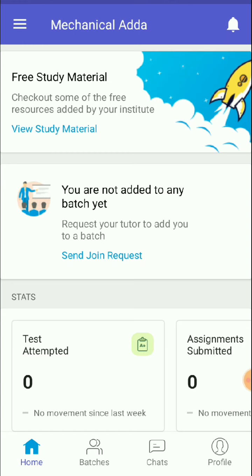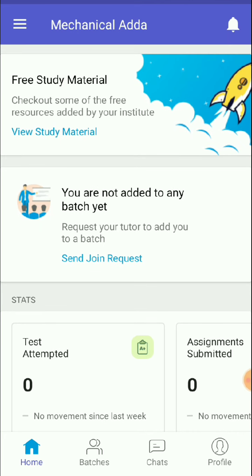So first I will start with the batch, how you can join the batch. Here you can see above it is free study material and below this is send join request. यानी कि अगर आप कोई भी बैच में ज्वाइन नहीं हो, if you are not added to any batch yet, then it will show here that you can send the join request.